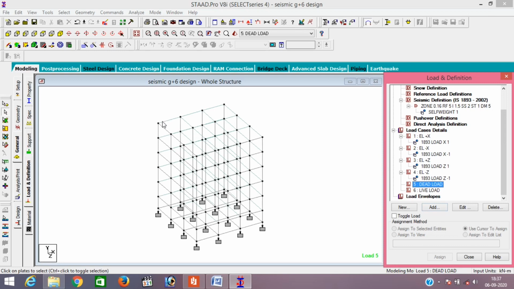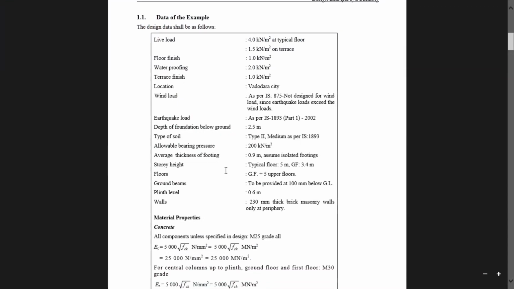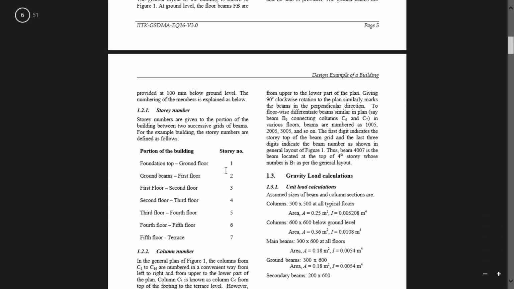So here the dead load is the outer part of the building. The outer portion in the wall, it is fully walled. So for a typical floor, the wall is on the outer side. For the ground floor, the wall is full from the outer side and partially from the inner side. And for the roof, here it is a parapet wall. So we can see the size. So here you can see